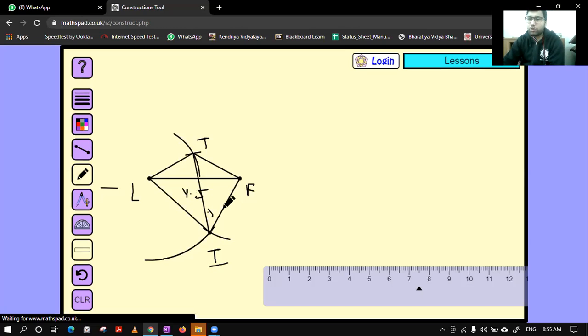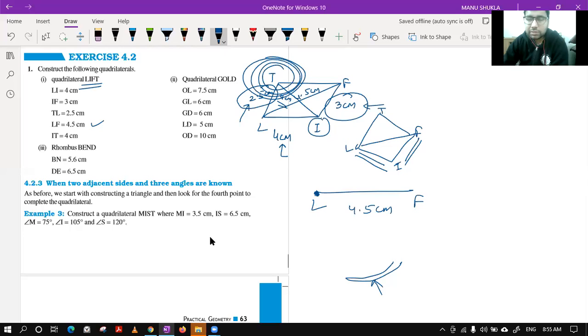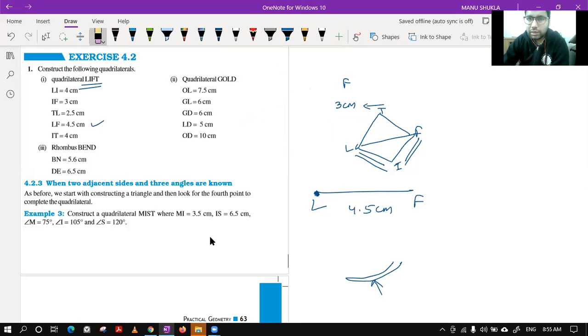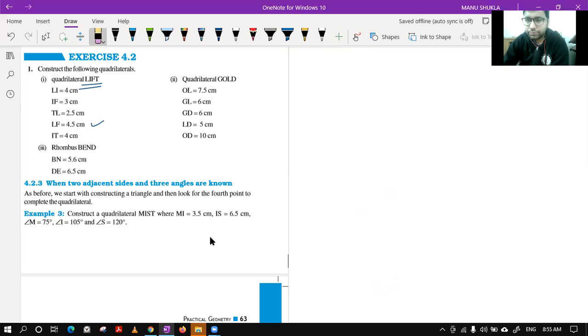So simply we have drawn the lower side of the triangle. After that, we have used the first diagonal and second diagonal. That's it, to obtain the complete quadrilateral. Same concept we will use in the remaining parts. That I will give you just a hint how it will be done, and then we will move to the next exercise. As soon as we complete the chapter, we will start the revision work.